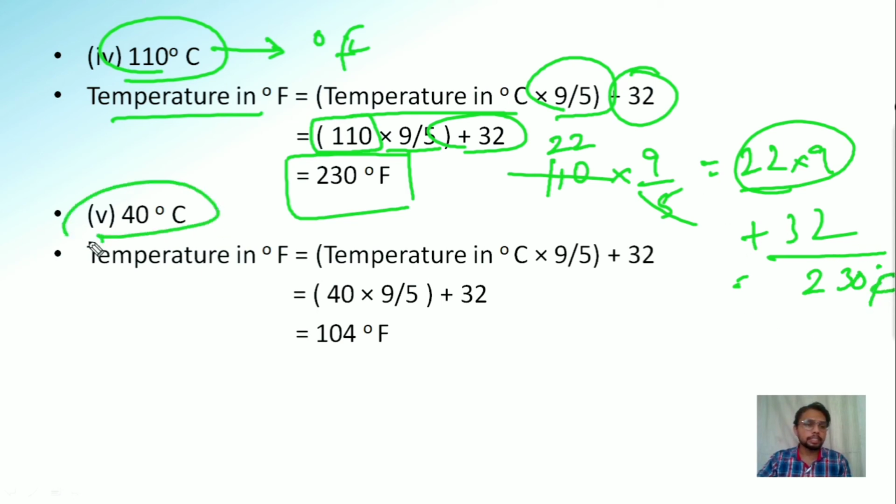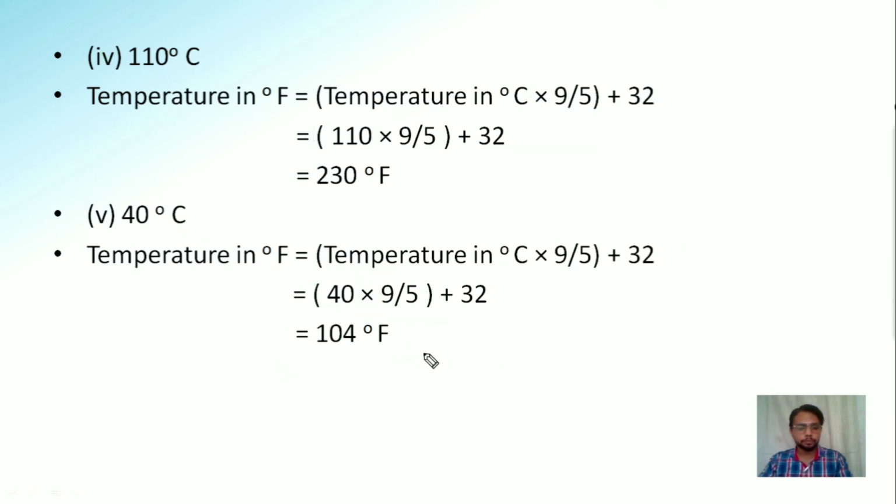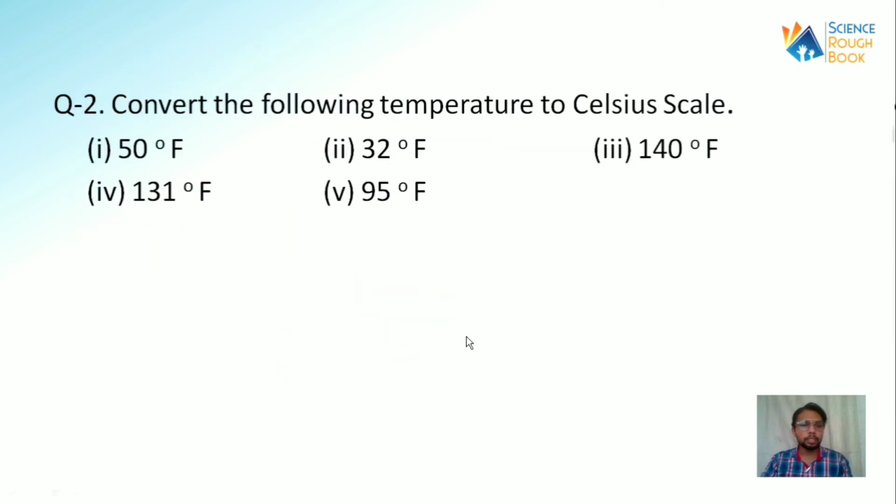Now 40 degrees Celsius. Temperature in Fahrenheit is equals to temperature in degree Celsius into 9 by 5 plus 32. So whatever the temperature is given is 40 degrees Celsius into 9 by 5 plus 32. Answer is 104. Next one is,